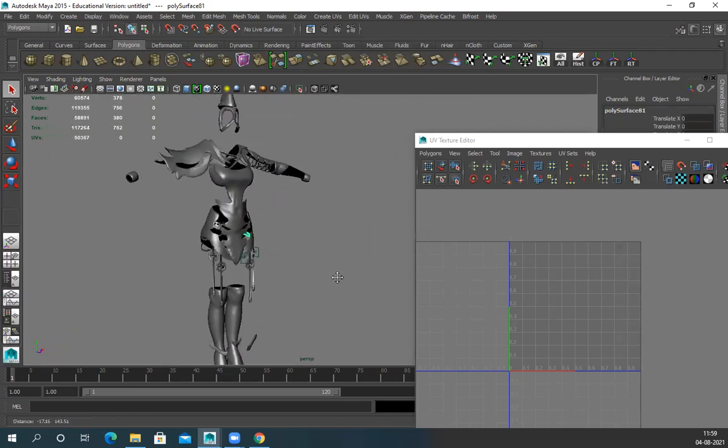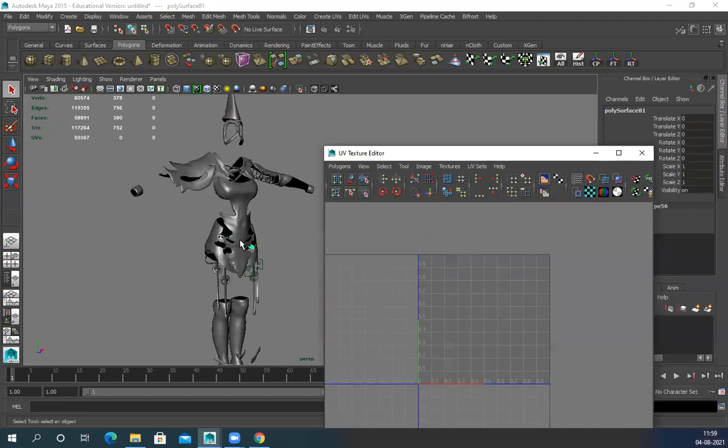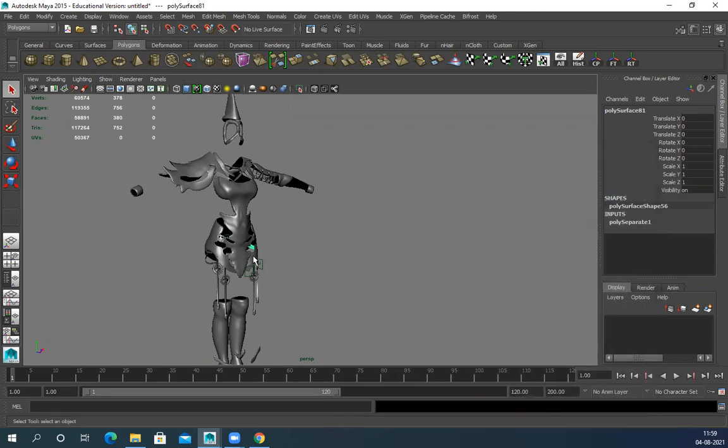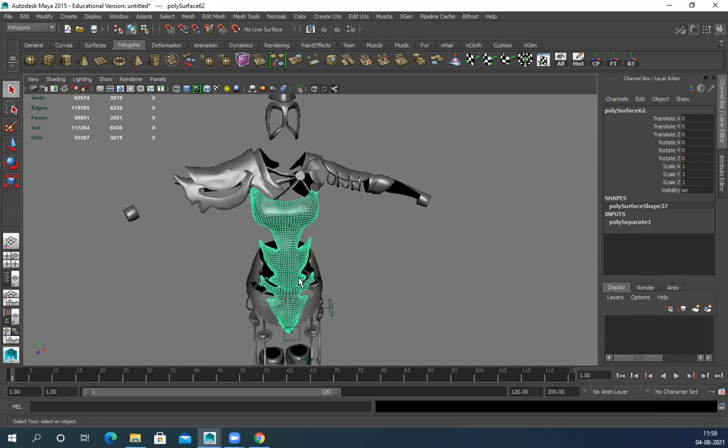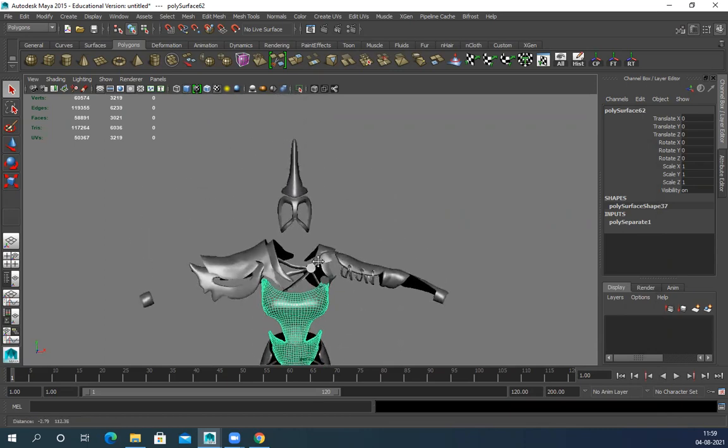So now I have to bake this thing. Make sure to align them properly, make a low poly, unwrap everything, and group them. You can make multiple different subfolders also, that is completely fine. Based on your high poly, you have to separate things like whatever you have exported from high poly. Right now this part is combined together and has a high poly, so I can keep this here, no need to move anything.